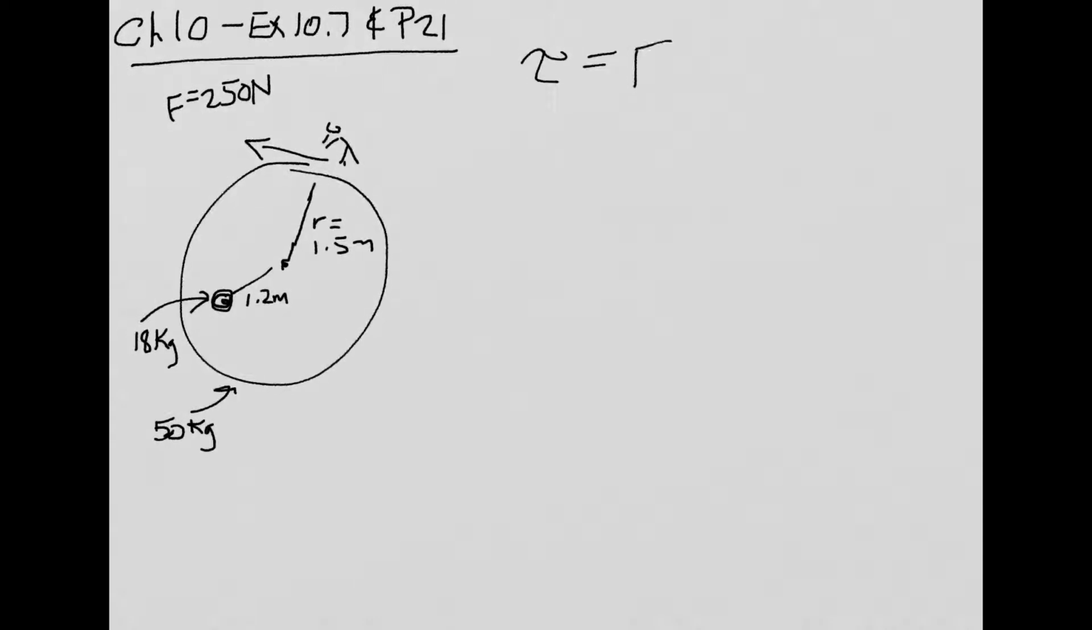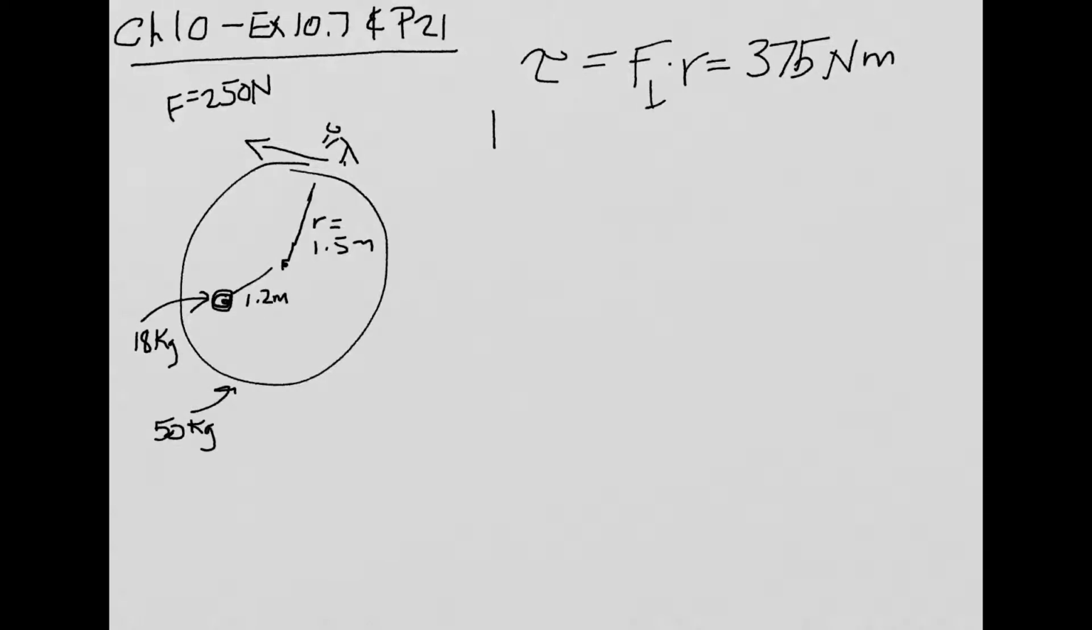That equals F times R, which equals, in this case, F is perpendicular, so that's 250 newtons times 1.5, which equals 375. And that's newton meters. Okay, so that's the torque, which is going to cause the